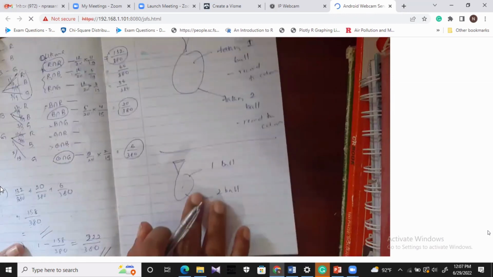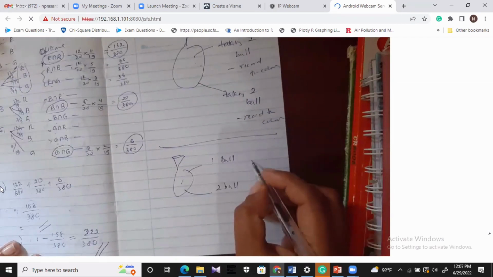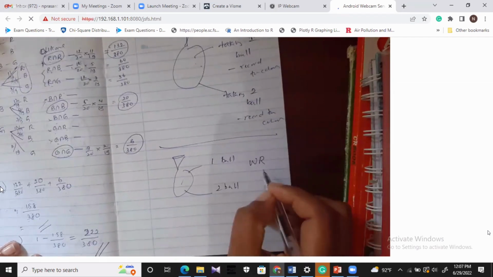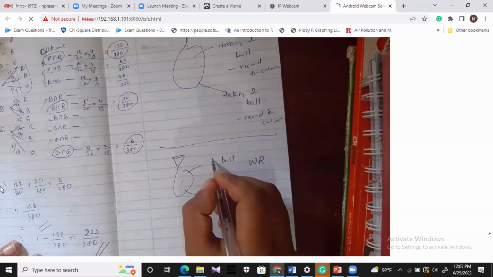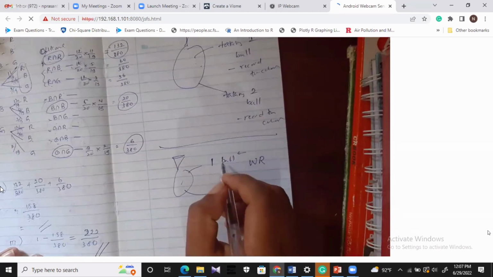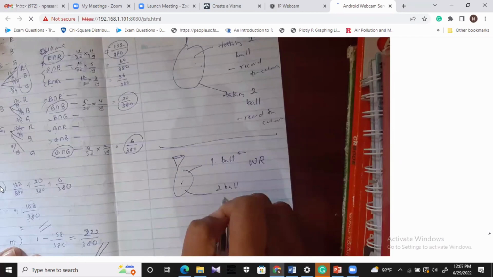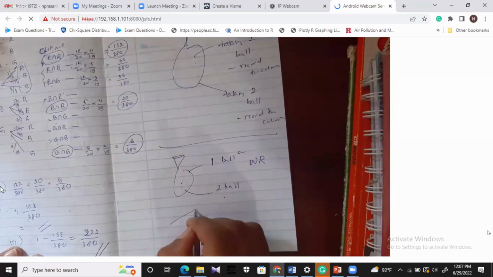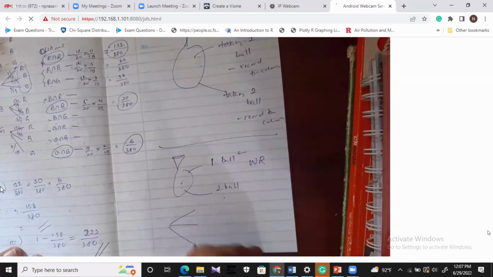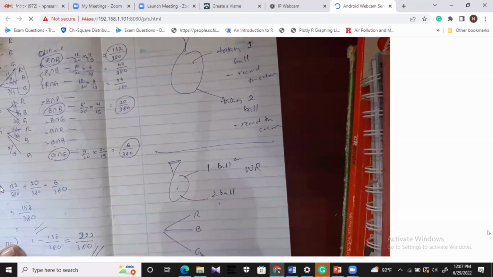So these types of problems are called with replacement. First, we take a ball out, record the color, and put that ball back into the bag, and again we take a ball. So if you want to draw a tree diagram for this situation, let's say we have 3 balls like the previous example,